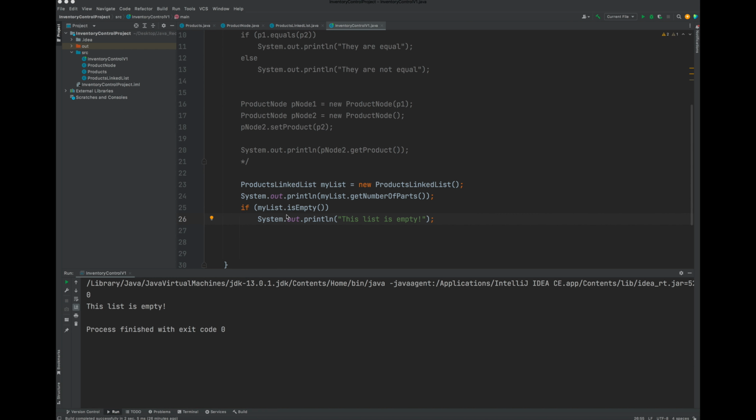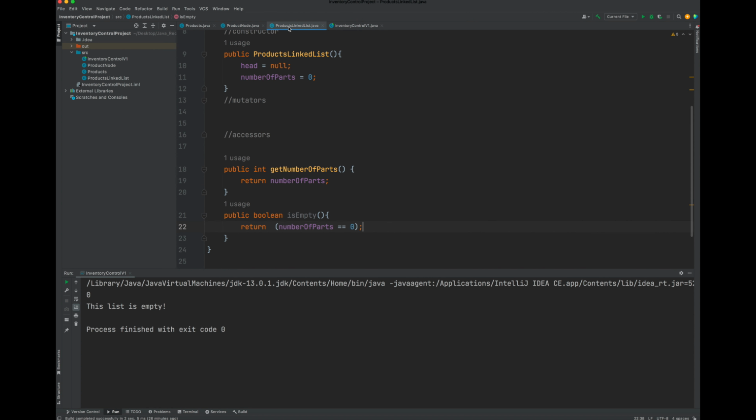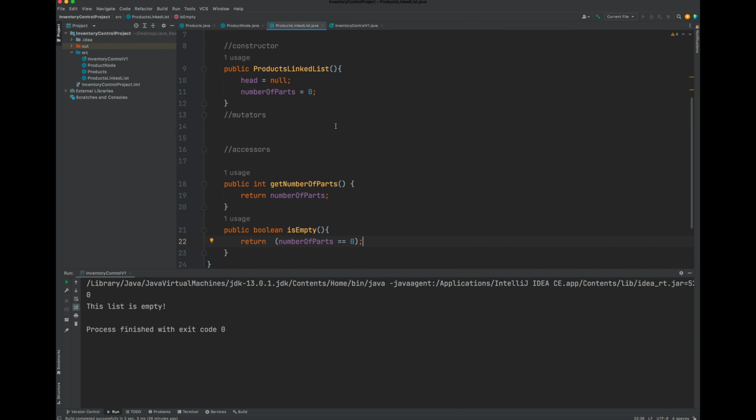So now that we've seen how to verify that it's an empty list, why don't we go ahead and put some stuff in there? All right. So let's go back here. What can we do? Right. So how can we